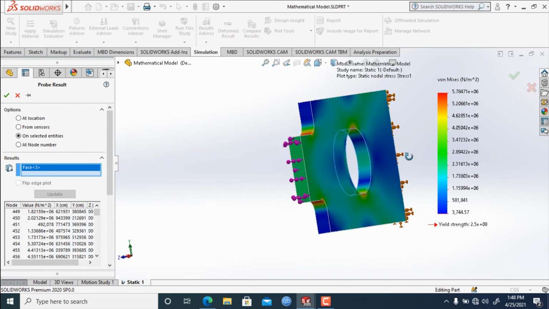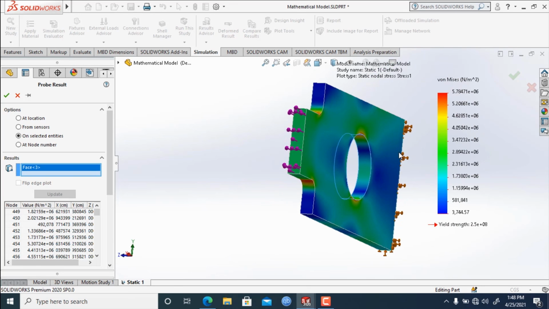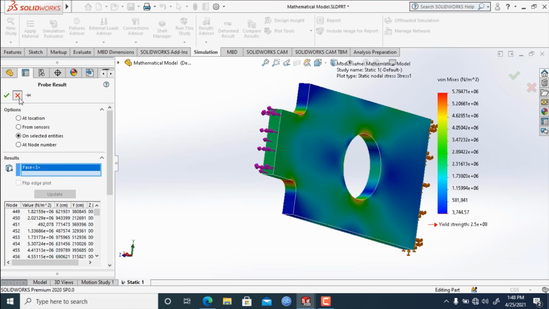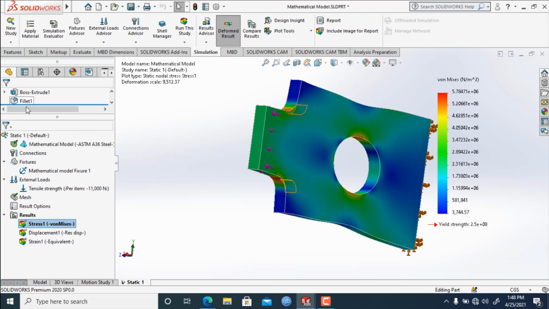Now, in our next class, let's first close this. In our next class we will talk about displacement, what displacement does, and then we will talk about strength and strain. So this is all for today's class.